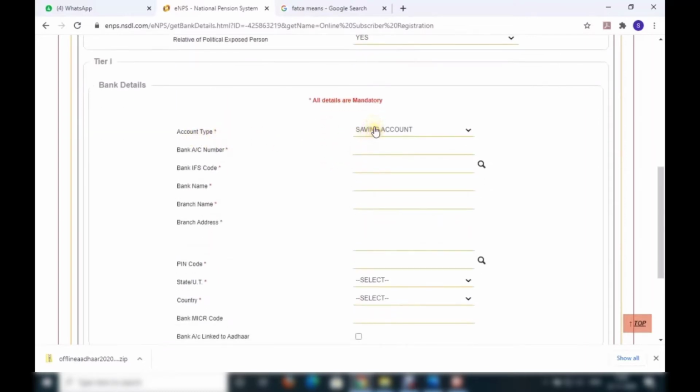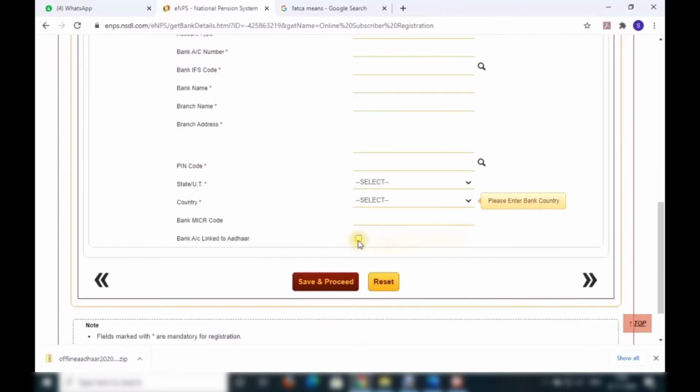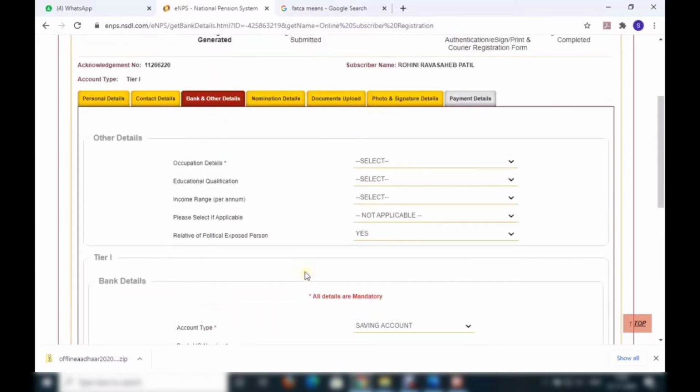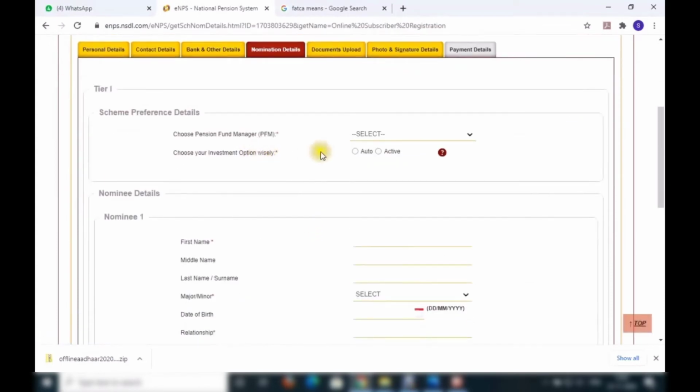Next are bank details: your savings account number and IFSC code. After filling the IFSC code, it will automatically take all the details, then click on continue.